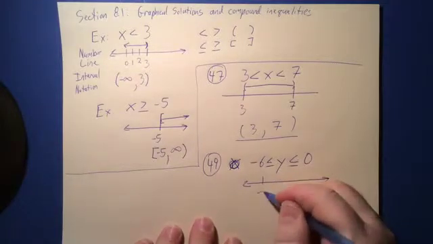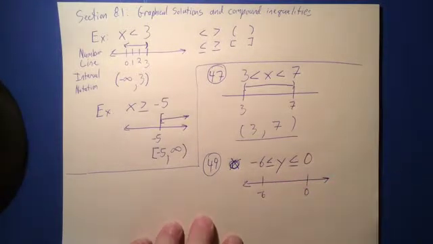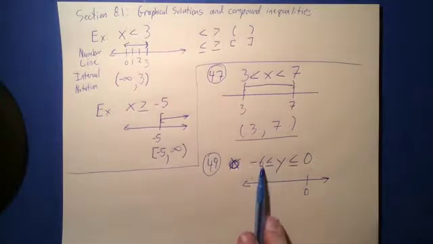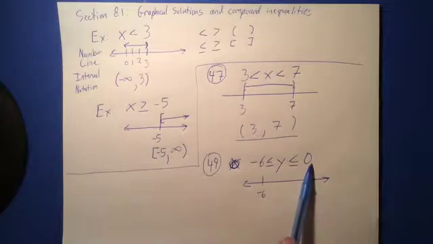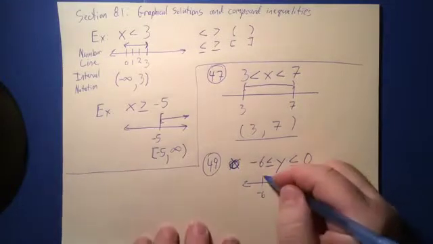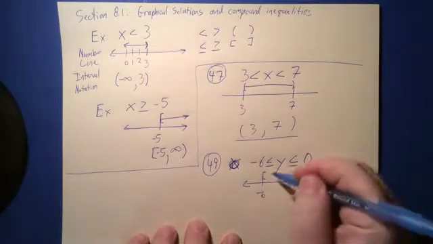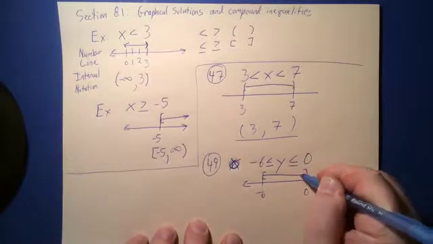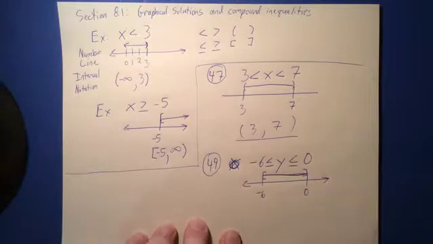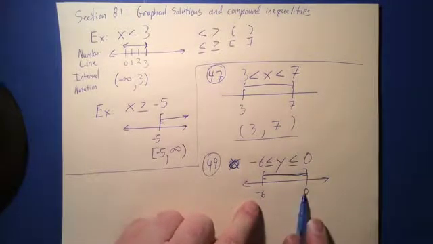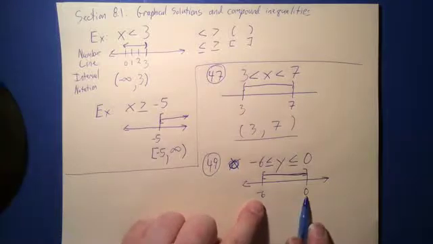And I'm going to put the values of negative 6 and 0 on that number line. Basically, the value of y is located between negative 6 and 0. And because they can be equal to, I can bracket these off in the following way and just draw my line in between. So I've now effectively graphed the solution to this as being between negative 6 and 0, including the values of